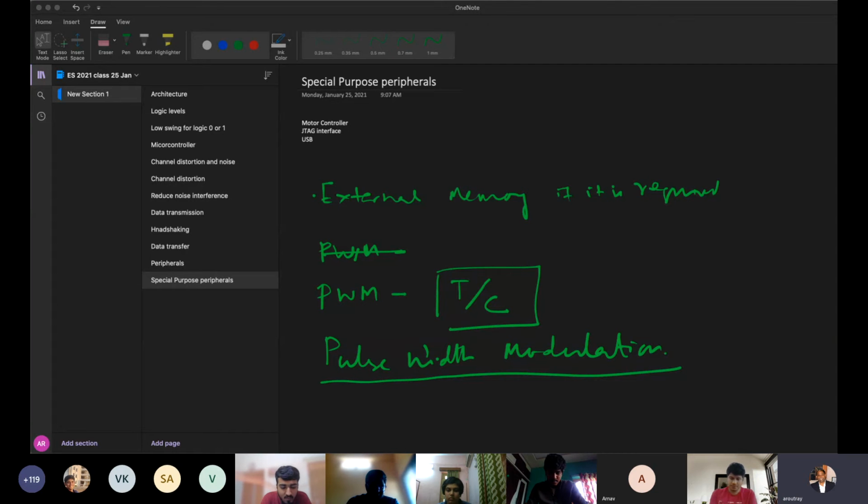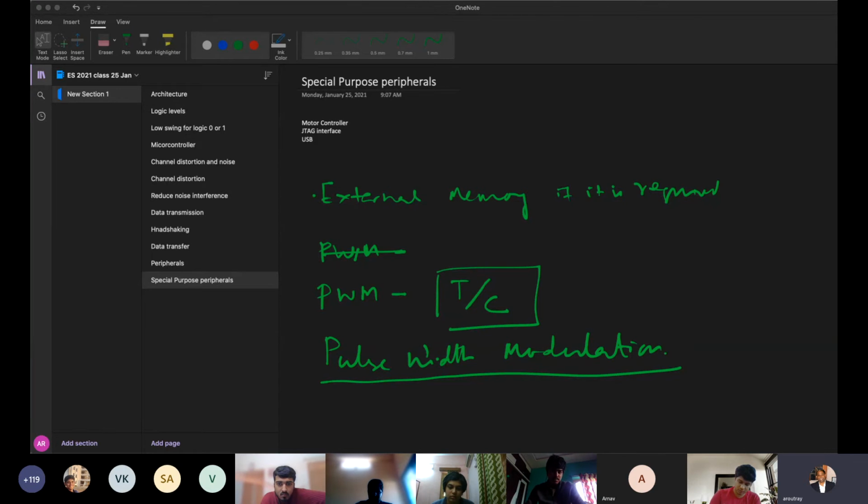So can you see my screen now? Okay, so now let's get into the peripherals. In the last 1 hour, you have learned that this microcontroller is a digital programmable system which runs with clocks. It's a sequential machine, and it coexists with lots of peripherals. Peripherals for serial communication, parallel communication, direct memory access, interrupt controller, timers, and special purpose ones like motor control, PWM, etc. There are lots of serial communication standards.